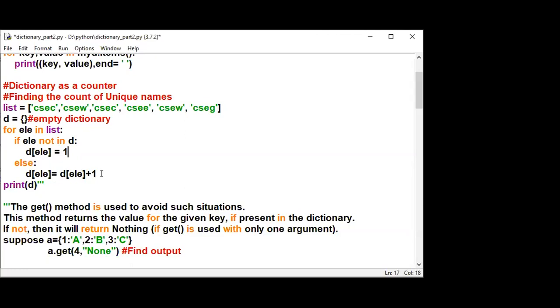So finally, we are going to print the dictionary. See, this loop is very important. If you have understood this concept, all the programs, whatever we are going to see further, are very easy. Now I allow you to ask the doubts. And by the way, we will see the output also.